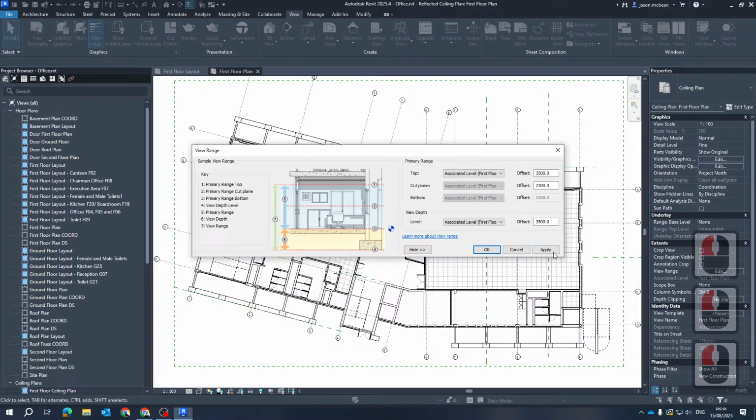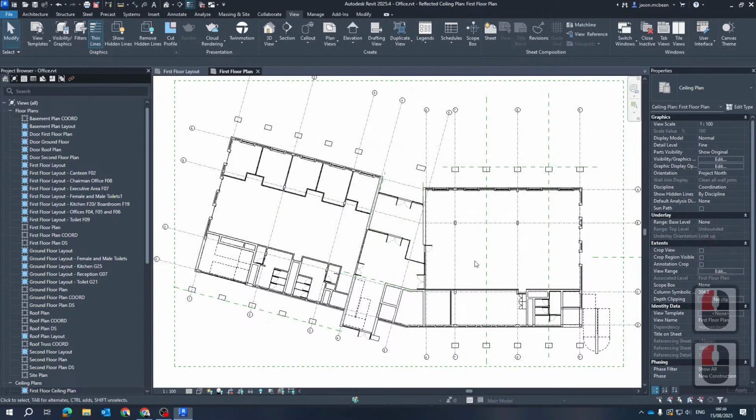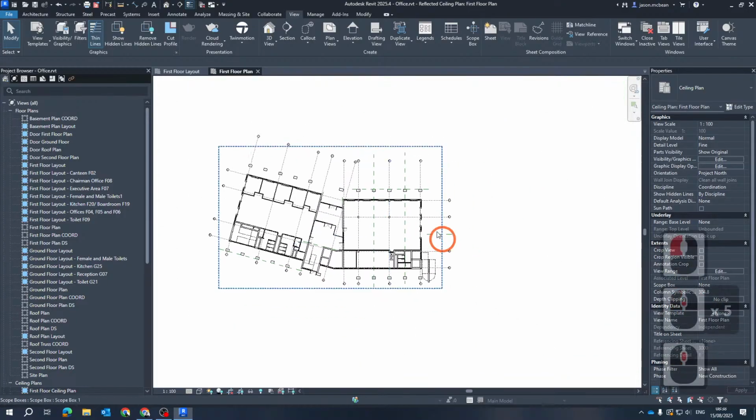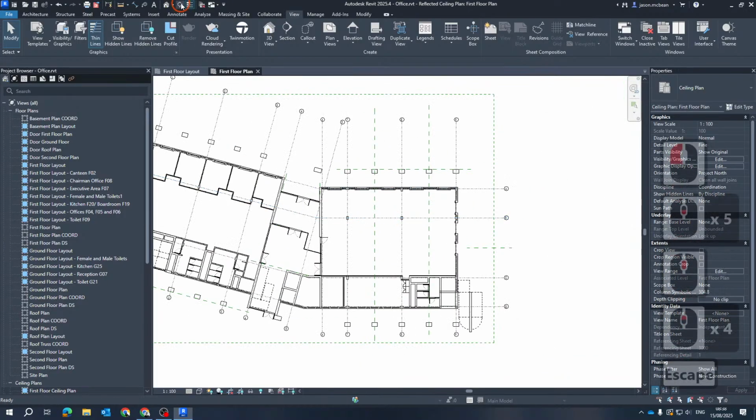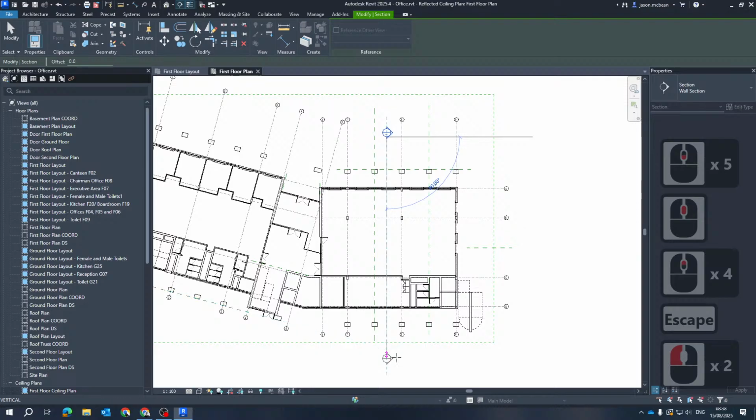Just make sure that they're always referencing the same view. Okay, so now we're going to look up into this. So there might be information missing. Why is the information missing? So what I'm going to do is I'm going to quickly jump through a section. Just have a look through this